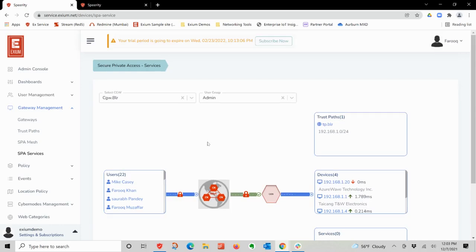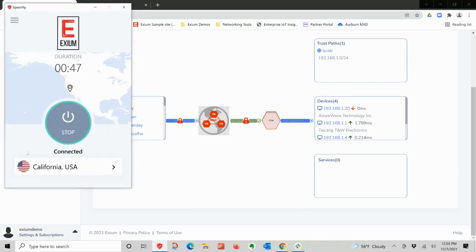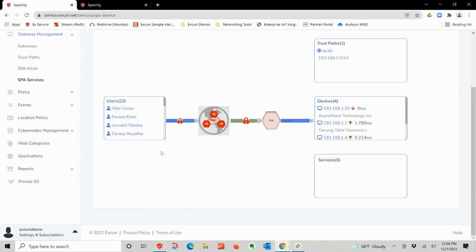This is actually one of the gateway setups that we have here. There's actually a number of them, but I'll show you this one first and explain at a high level how our secure private access service works. We have a number of users. Each of these users will be using a client similar to this one right here. This is our Exium client for Windows, and it shows that I'm connected to California. I'm in California, connected to our node in California, and so users use a client to connect to our